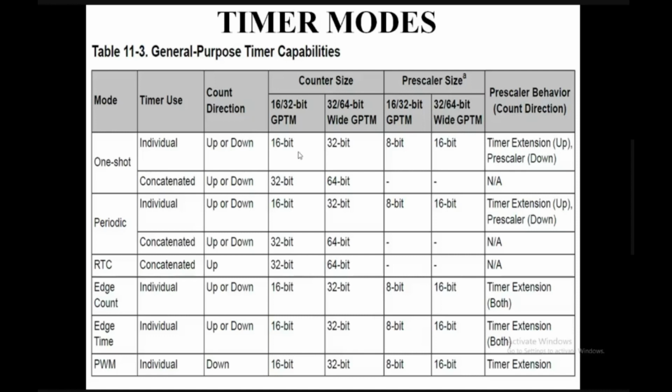And the periodic timer we know very well, right? For display refreshing, you need a 20 millisecond time delay. For that we can use this. And for speech signal sampling, we need a 125 microsecond periodic time delay. For that we can use the periodic mode. And for a 9600 baud rate, every 104 microseconds we have to shift out one bit. So every 104 microseconds we have to trigger. For that we can use the periodic mode.